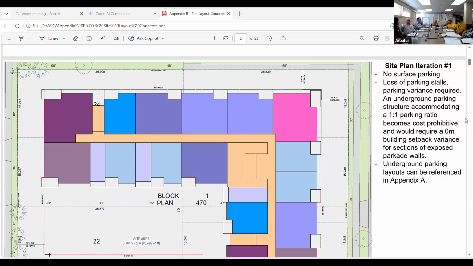Okay, sure. I'll ask a related question as well. Clarification question: there's 75 underground parking spots, 56 underground and 19 surface, and that combined is the requirement for the parking.